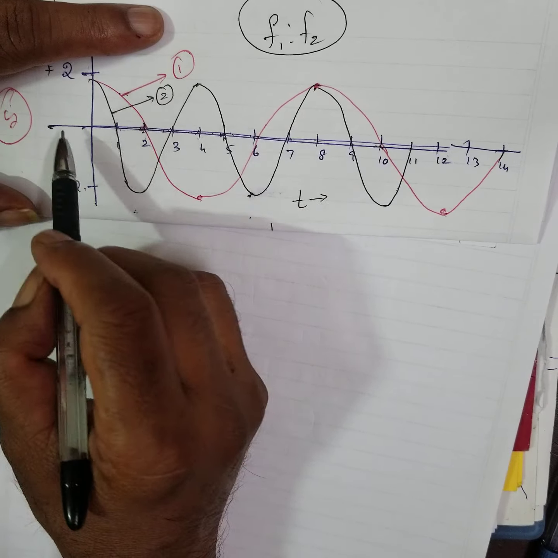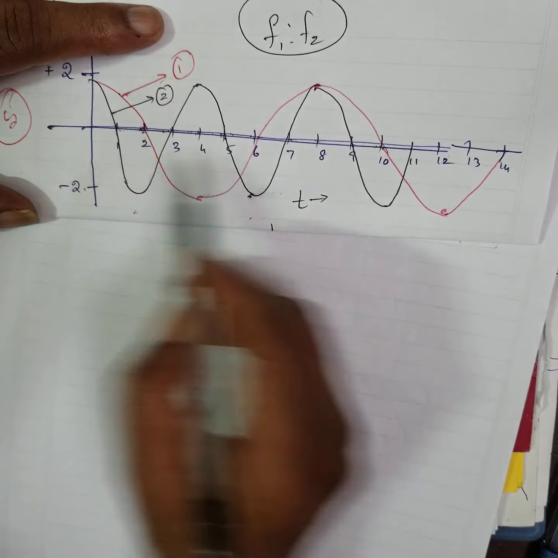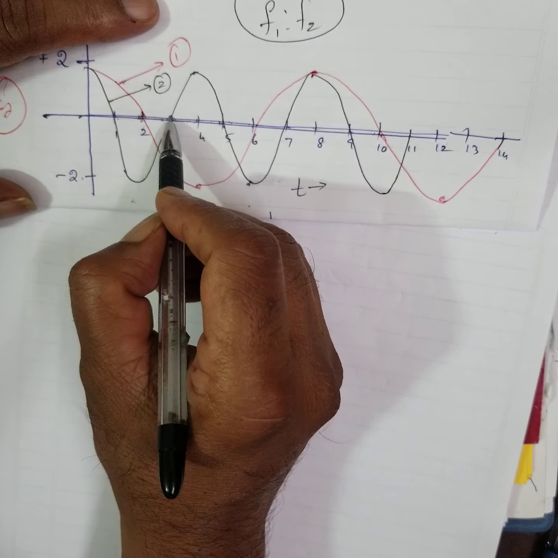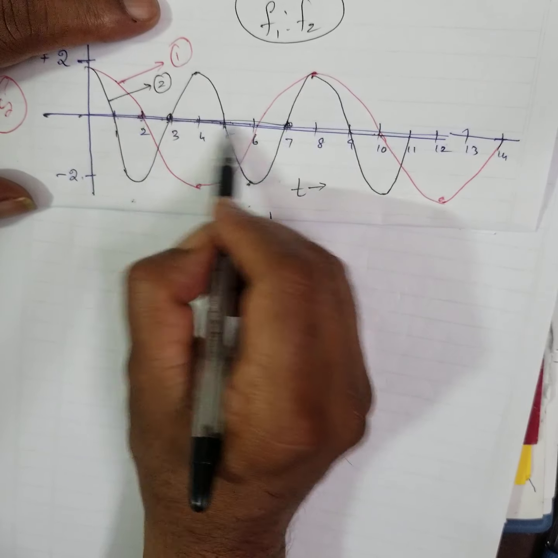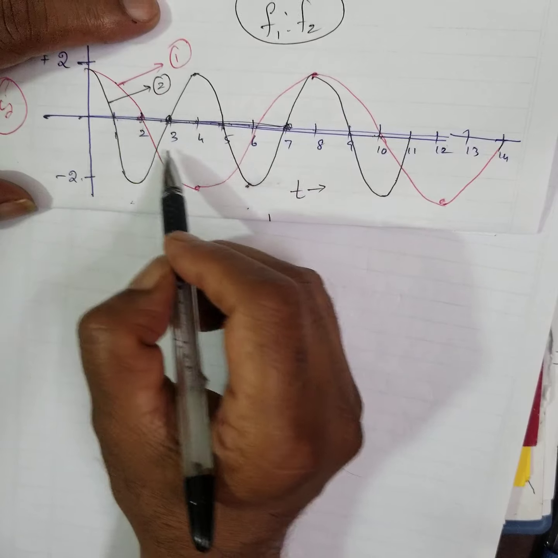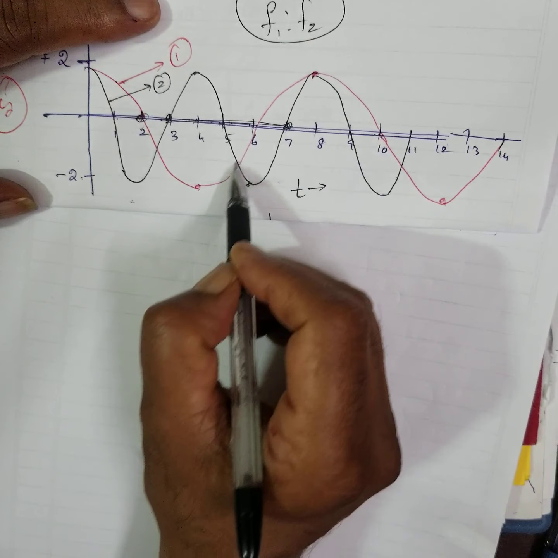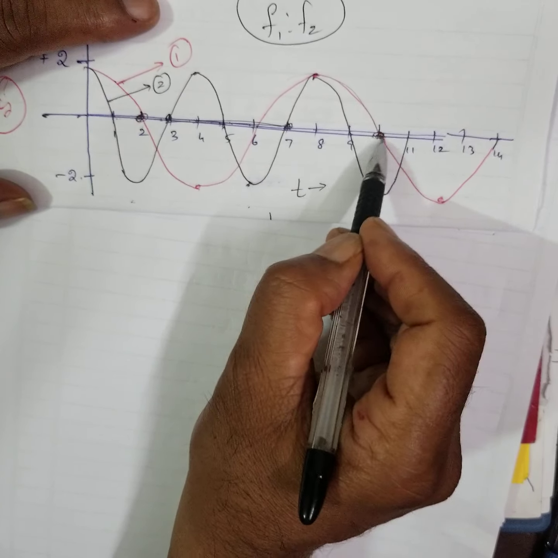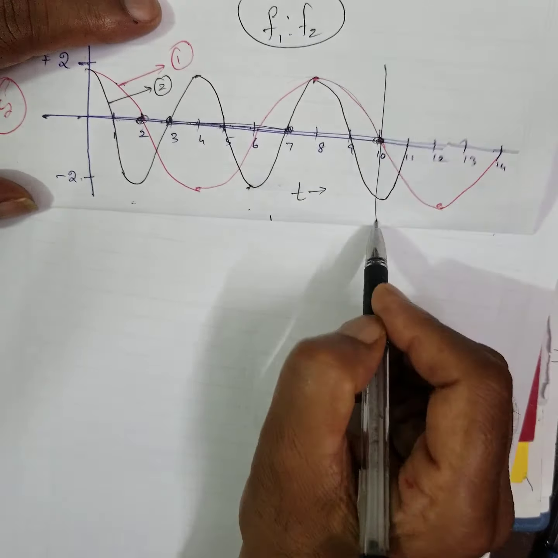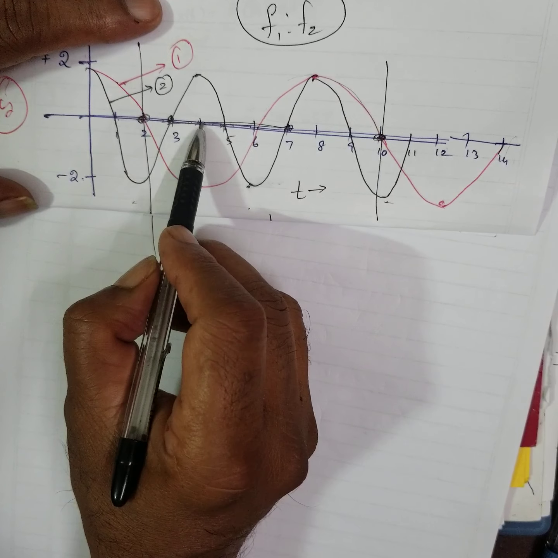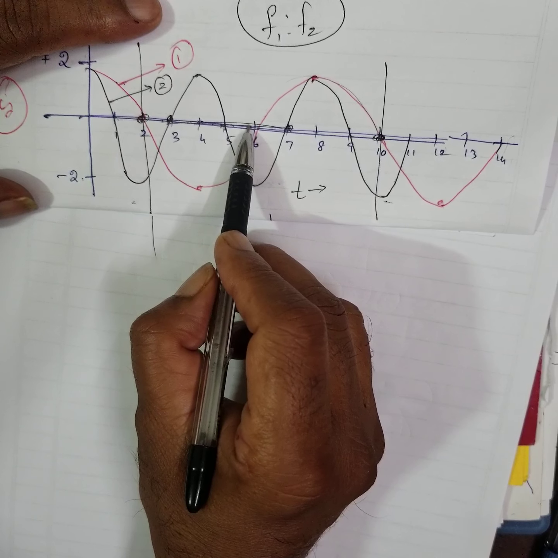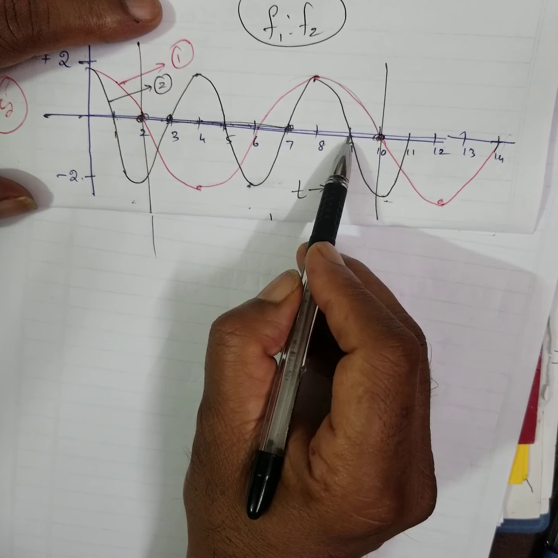Now, what is the period, the time taken for one oscillation? You choose one wave. See, this is one wave. This is the one wave I take. This is one wave for me, right? This is one wavelength, or this is one wavelength. Anything you can do. Now I'll start like this: 1, 2, 3, 4, 5, 6, 7, 8.